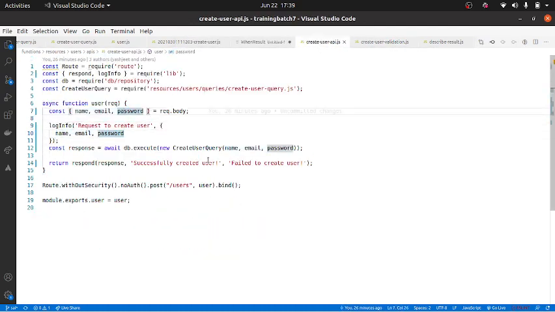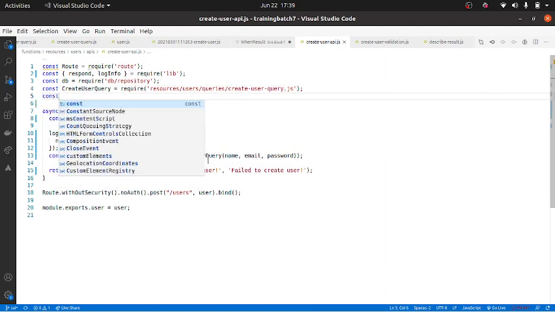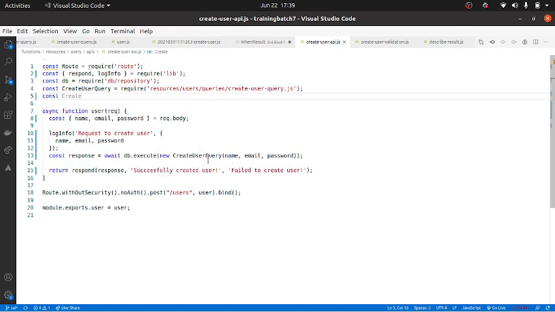Create user validation. I'm telling name, email and password is there, so I will create an object of this and pass it to the validator. I will invoke this create user validation equal to require validators, and create user validation.